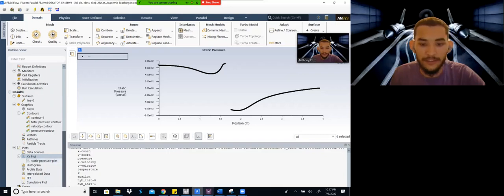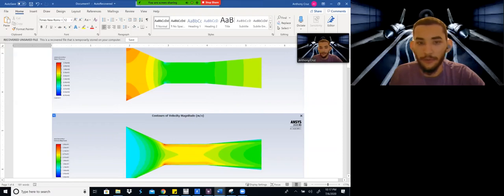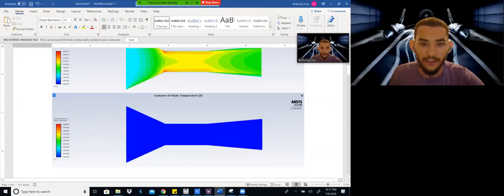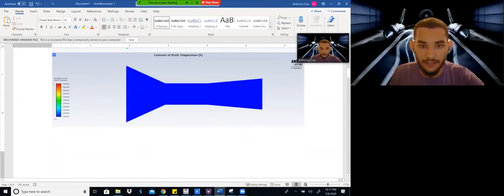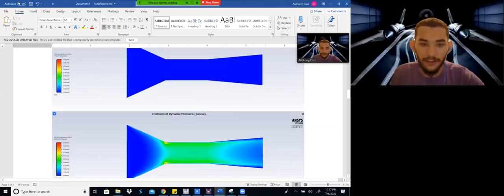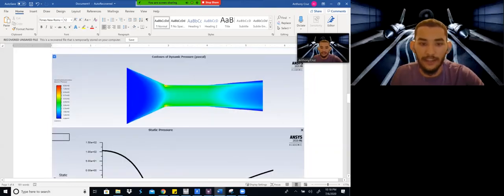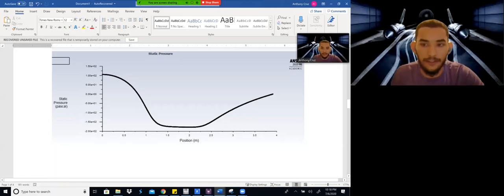And so once you have all your plots, I will show you our results now. So these are our static pressure, velocity. All of these are with no test subject. This is just the wind tunnel on its own. We have our static pressure, velocity magnitude, total static temperature. Our total pressure stays pretty much constant as well. Total temperature constant. Our dynamic pressure, a great thing that we see here is that the atmospheric pressure is pretty much equal at the beginning and the end of it. And in our test subject, we have a very consistent pressure, so that we know that when we put in a test subject, there's no variations, and then